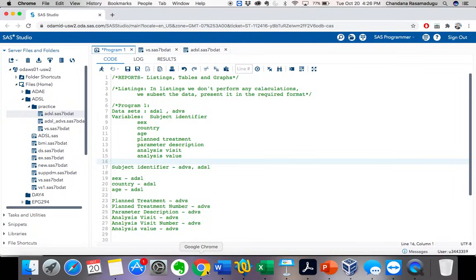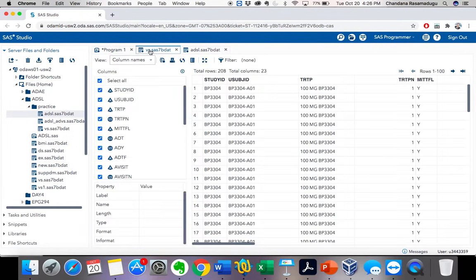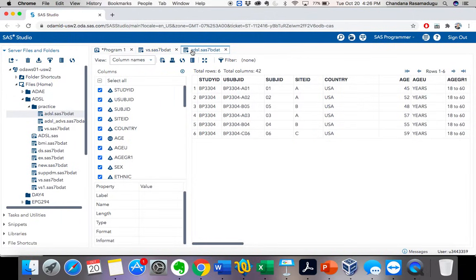Okay, now let's go into the example. Basically, listings will be developed from a single dataset or from multiple datasets, so we need to subset the data. Here I have taken two datasets. Instead of showing you how to create the listings from a single dataset, I thought of taking two datasets here. And let's look into the mock shell or the template that I need to